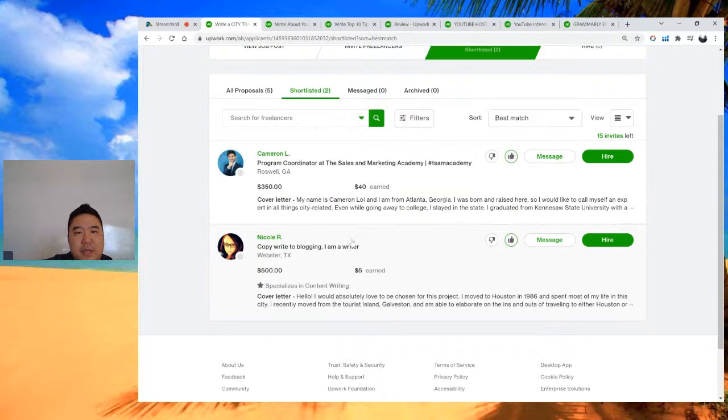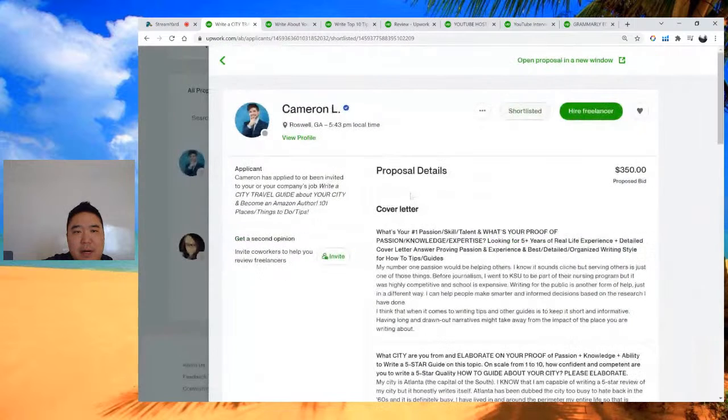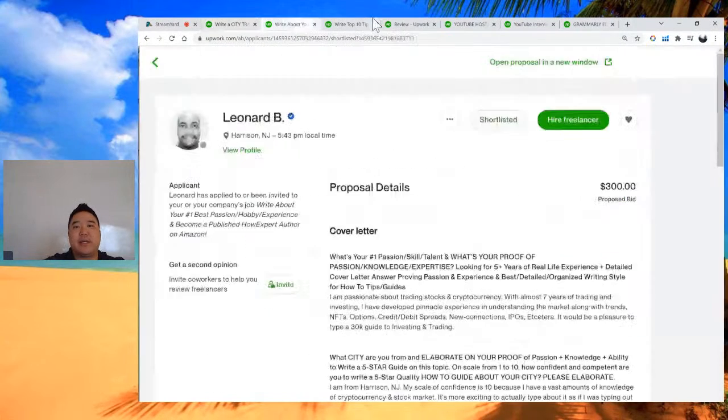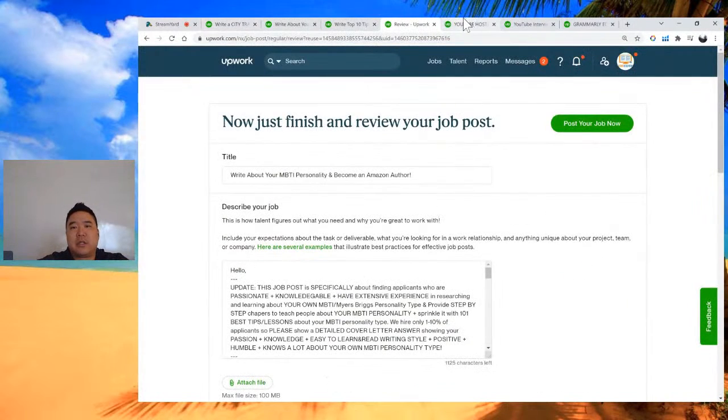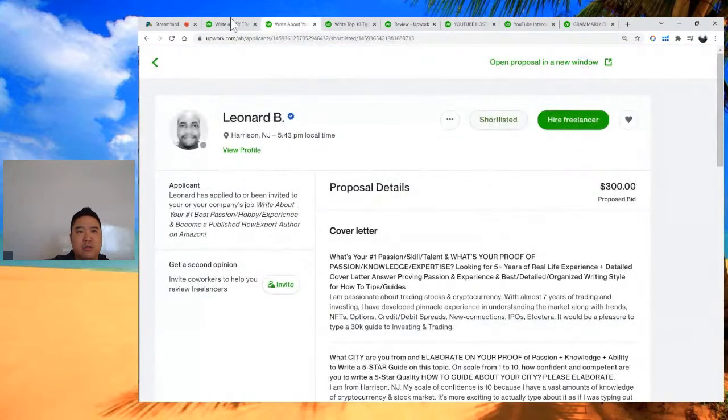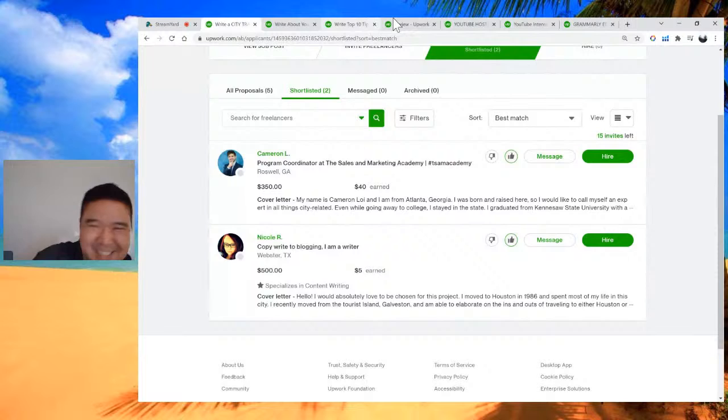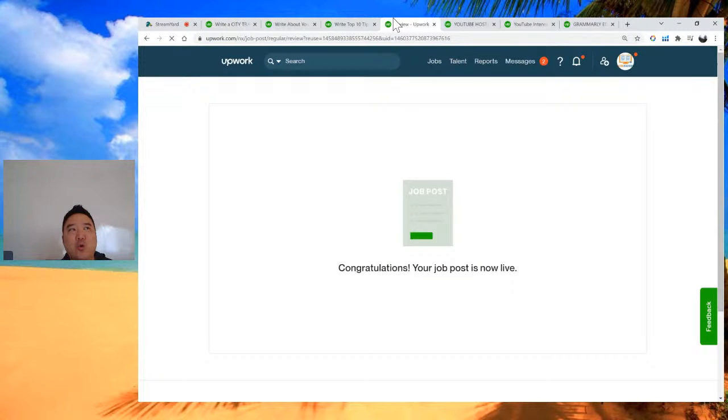Okay. Yeah, these two other writers, Nicole, she's gonna write about Galveston, Texas. Okay. Cameron's gonna write a book about Atlanta, Georgia. Okay, so we're gonna post this job post here. So that's 1, 2, 3, 4. 4 writers today. And the cool thing was,